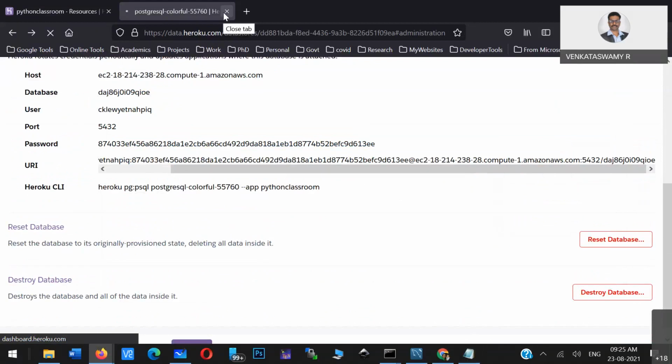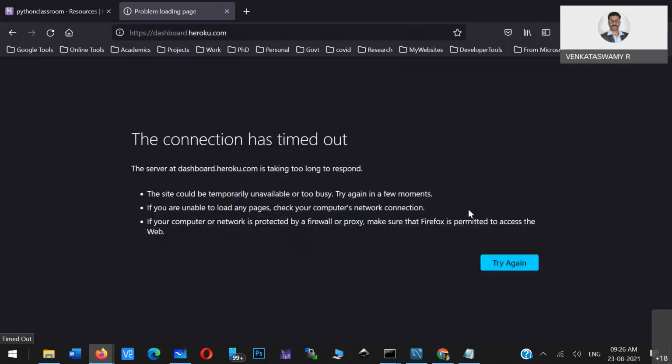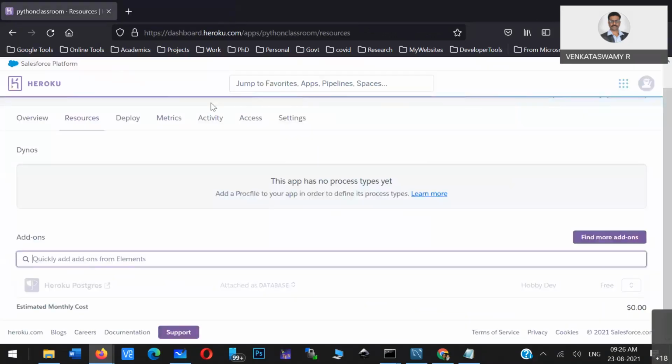Is it clear? That is how to create a Postgres database in the cloud. In future, if you want to keep any data in the cloud, this is what you have to do first: create one database in the cloud. Heroku is better. Otherwise, if you go for AWS, you may have to give credit card details. Even in GCP, Google Cloud, you have to give credit card information, and a lot of issues are there. Even I lost somewhere around 5 to 10,000 rupees